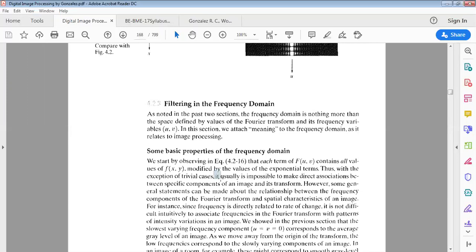But here, it is seen that it is usually impossible to make direct associations between the specific components of an image and its transform. However, some general statements can be made about the relationship between the frequency components of the Fourier transform and the spatial characteristics of the image. For example, what do you mean by frequency? It is nothing but rate of change, right? So it is not difficult to associate frequencies in the Fourier transform with patterns of intensity